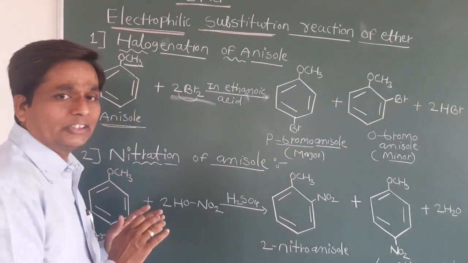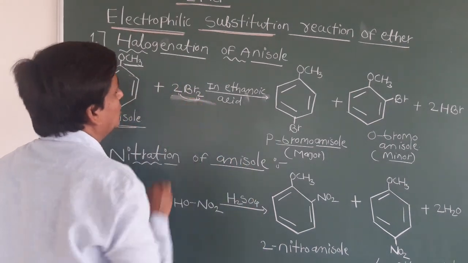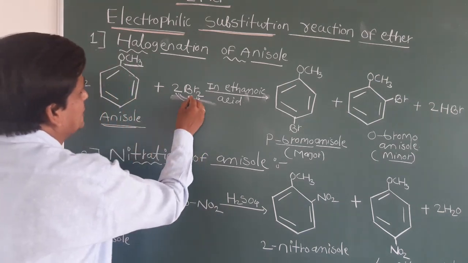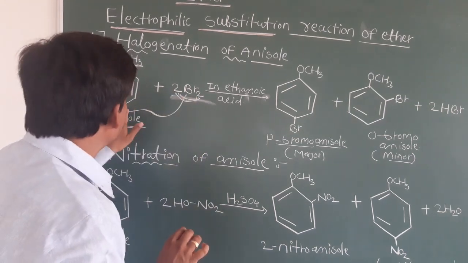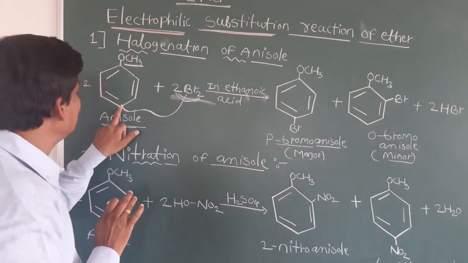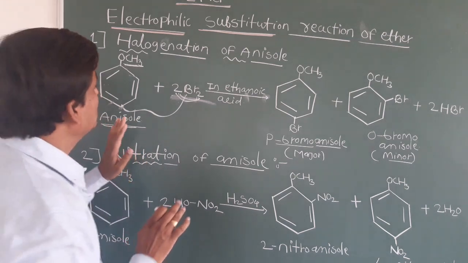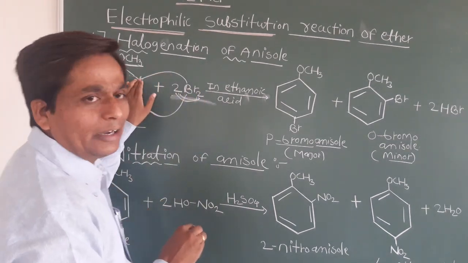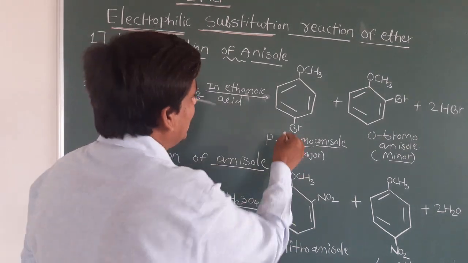Just see the reaction first. When anisole reacts with bromine, how many bromines are there? 4 Br means 2 Br2. When Br is attached at the para position, the hydrogen from anisole is removed and this HBr is removed. Again one more Br is going to attach at the ortho position. Again the hydrogen is removed, and 2 HBr will be removed, and here we will get